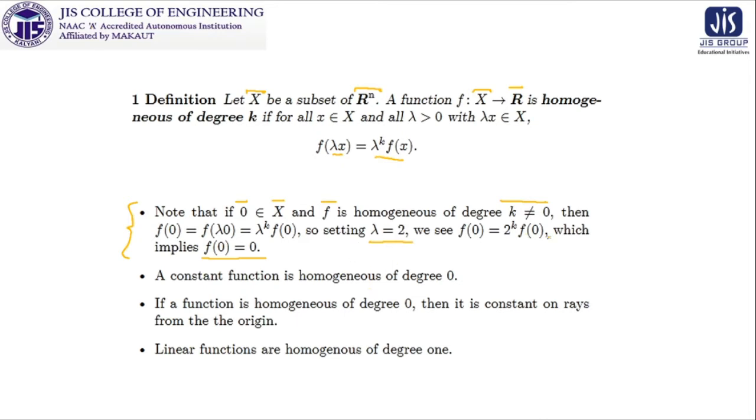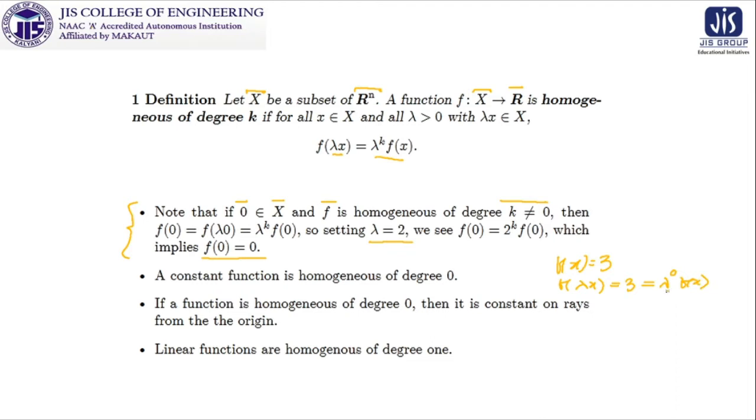Obviously we must mention that it is also very important to keep in mind, for f(0) equal to 0, that k is not equal to 0. So the question is, in the case of k equal to 0, what examples can we give? A constant function is homogeneous of degree 0. A constant function means if you take f(x) equal to, suppose, 3, and then you put f of lambda x, it will also be 3 because it is a constant function. Now this 3 can be written as lambda to the power 0 times f(x).